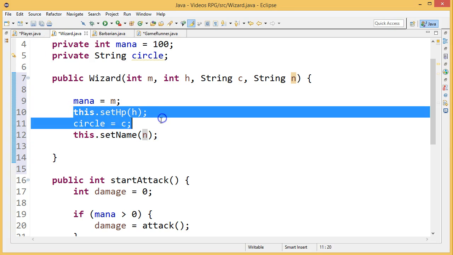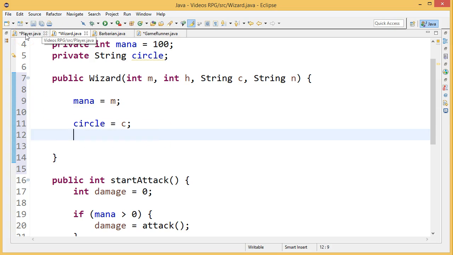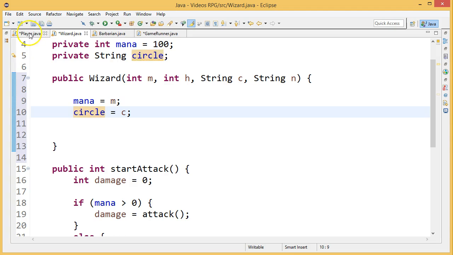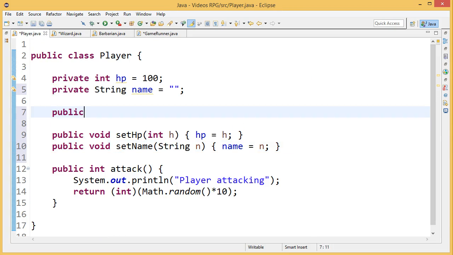So we're going to actually remove this, and we're going to try and access the constructor in the player class. And the question that might come up is, well, how do I do that? We know that if we want to access a method in a superclass, we go super.the-method. But how? Well, let's start by coming into this player class, and let's make a constructor that we might want